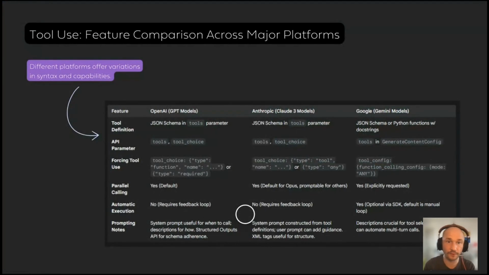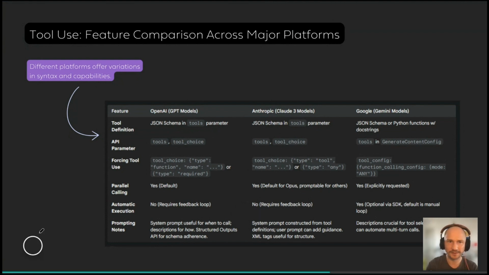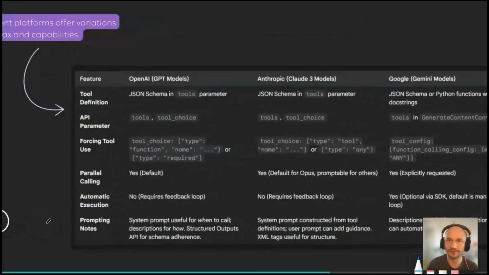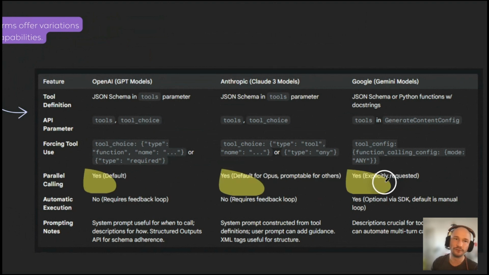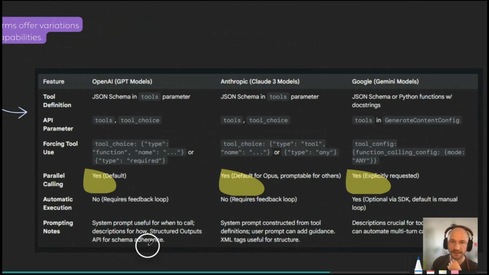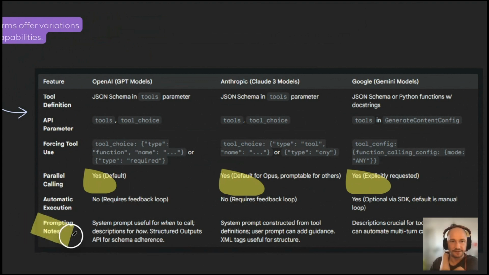Not all platforms allow for that, which is why I have a very short feature comparison across the major platforms, what tools you can use and how you can use them. Parallel calling is something that you can, for instance, do across all the big ones. One thing to be highlighted is that on the prompting side, the system prompt usually is highlighted that